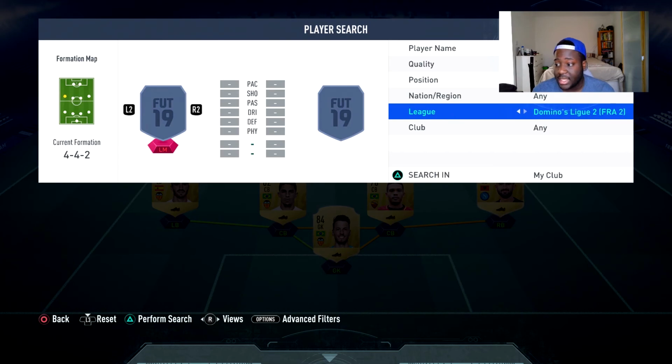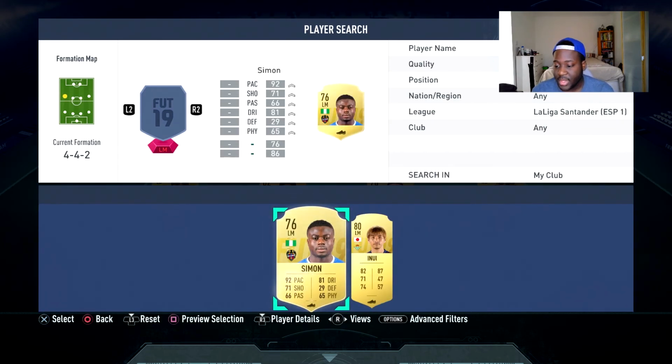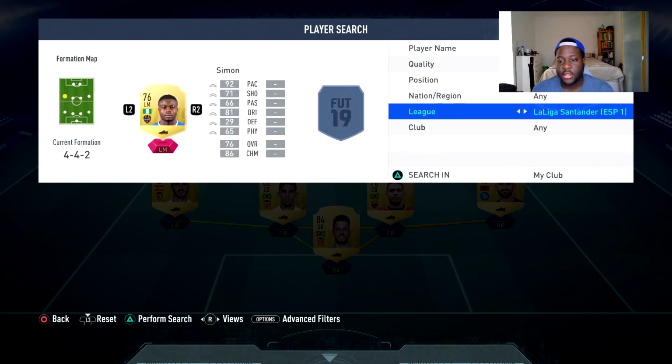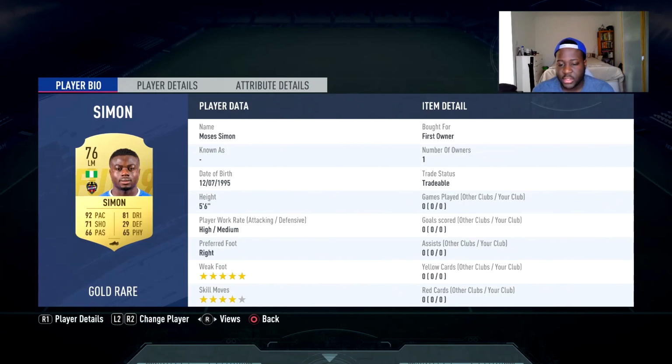absolute speed demon from the Liga BBVA or Liga Santander, and that is Simon. I was going to use Inui. He did have a great couple of cards last year. I think he got a Festival of Foot card, which was ridiculous. It had like 90 everything. I was going to use him, but I wanted to use Simon because Simon's stats for a 76 rated left